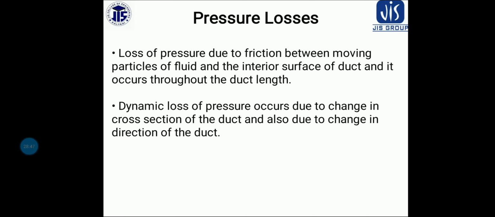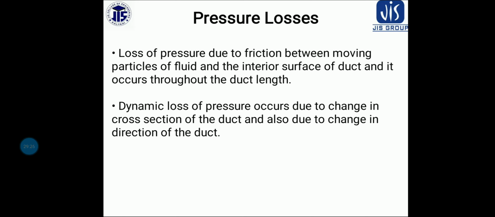So the rectangular duct selected should be as nearly square as possible. This is because the square requires less surface area than a rectangular one for the same cross sectional area. The rectangular section should be sized to have a low aspect ratio. The aspect ratio in any case should not exceed 4 to 1.